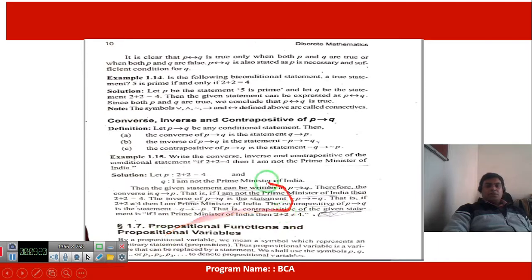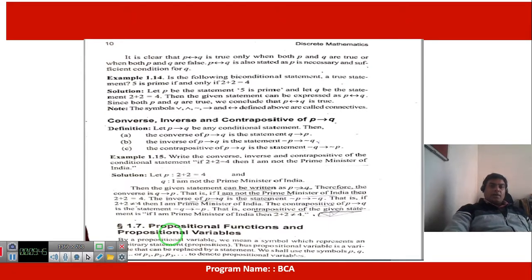Actually this topic has been completed. Now we will discuss the propositional function and propositional variable. Actually we have some long sentences. Okay, Delhi is the capital of India, or Beijing is the capital of China, and some person is an honest person. Okay, I am a sincere boy, I am a sincere student, I am a regular student. Such types of sentences are statements.